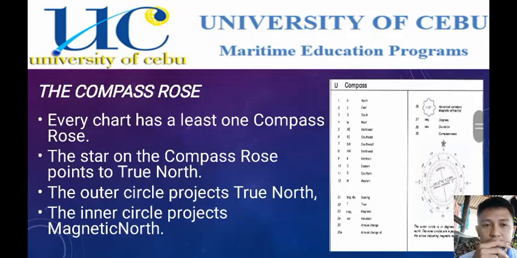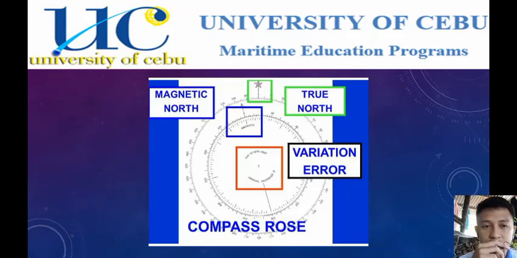The compass rose. Every chart has at least one compass rose. So the star on the compass rose points to the true north, and the outer circle projects true north, and the inner circle projects magnetic north. So this is the given sample, the magnetic north in the north sign, and the